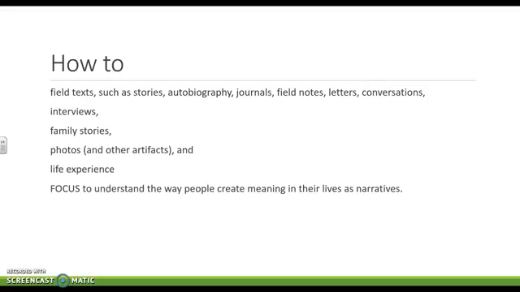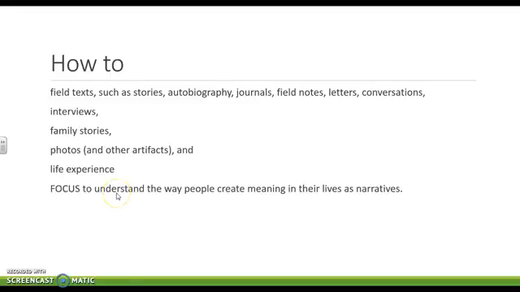And then to do this, you're going to collect a lot of data. I mean, just so much information. It's kind of crazy. Mostly it is based on interviews, so very in-depth interviews. You are also going to collect artifacts. So field studies, their journals, their notes, letters that have been written to them. You're going to document conversations that they're having as you are hanging out with them, because the interviews really do kind of go into more of a, hey, let's hang out and have dinner and spend time with your family, and the family stories are really important, the photos they have, their entire life experience.